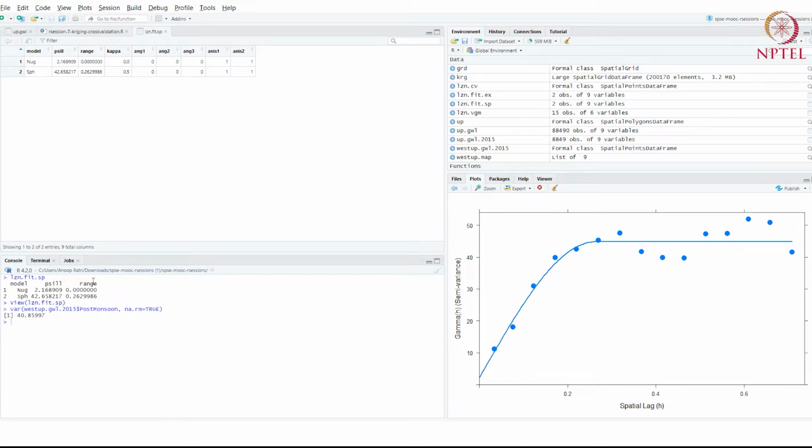And then this parameter here, range, is the distance or the lag at which the maximum value is reached. This is about 0.26, which is right about here on the x-axis. So 0.26 units of distance. What that means is that this is the range of spatial autocorrelation. The values of groundwater levels are correlated within this range.